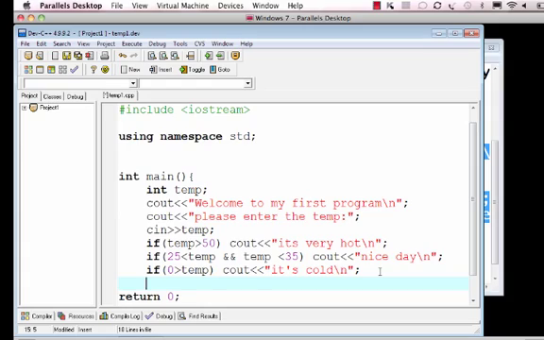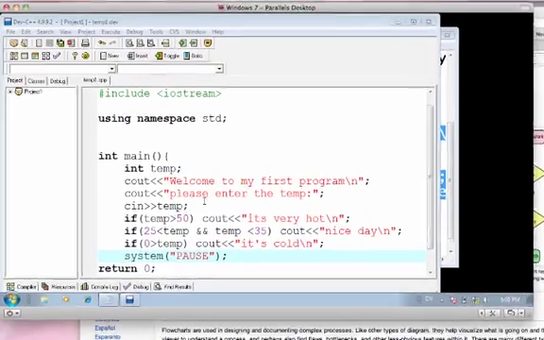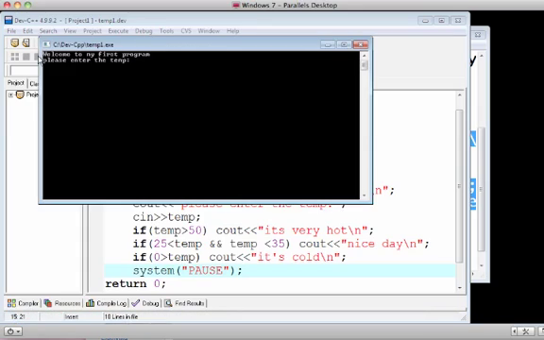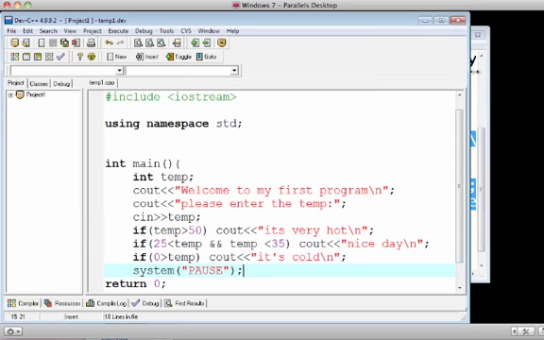So this is what I removed a few seconds ago. So system, I think, pause. Now, if I execute again, having a different value entered, I have a nice day. So it's working. So this is how we think of a program, by first writing down what is to be done,